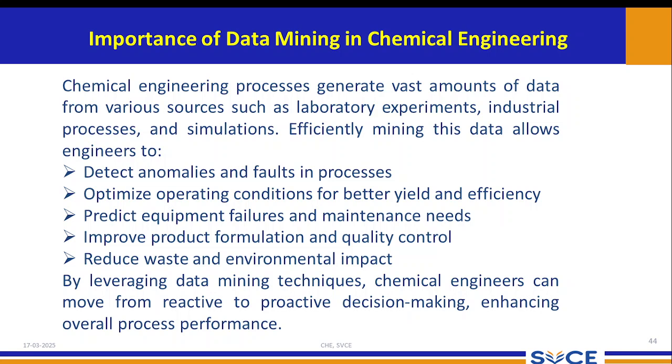So by efficiently mining this data, it will help you to obtain all these things: reduce the waste and environmental impact, improve the product formulation, predict the equipment failure, optimize the process, and identify